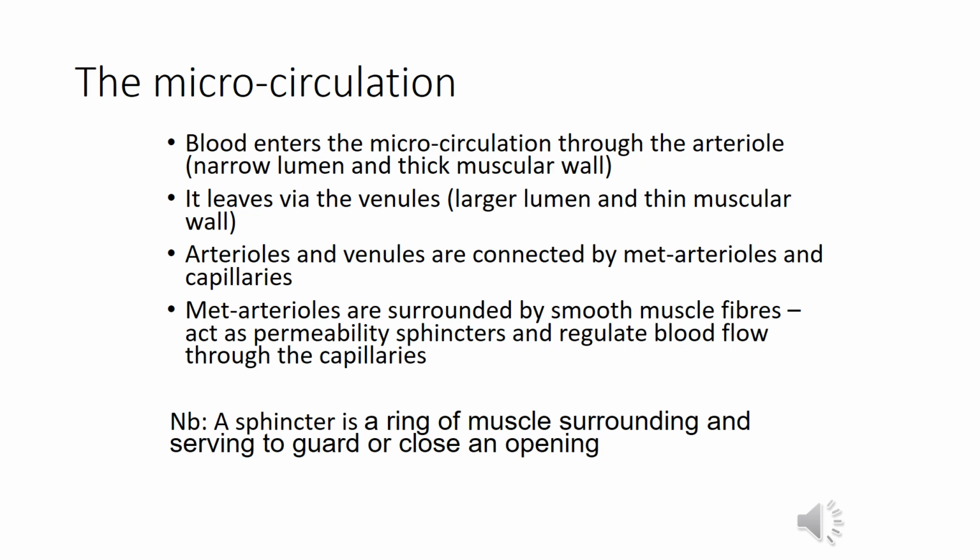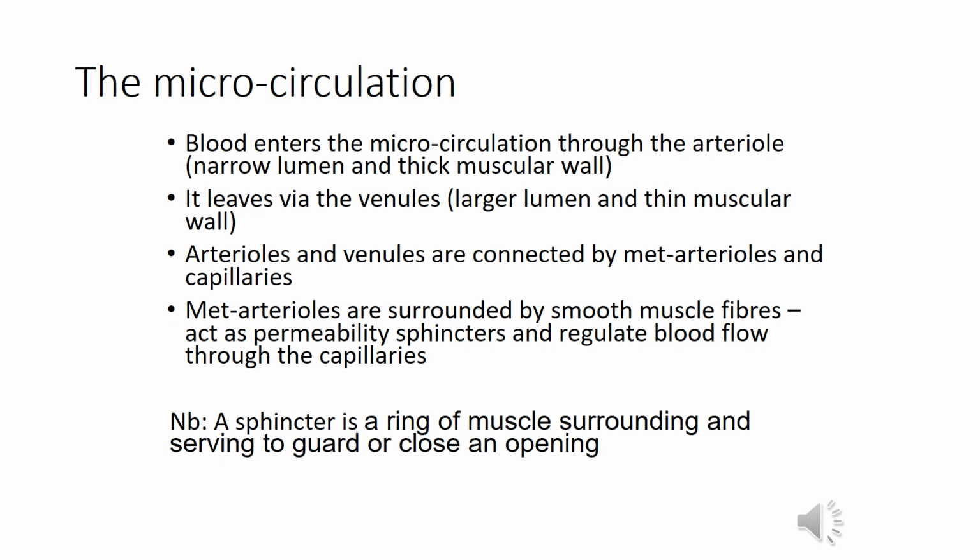Like I told you, the microcirculation will usually begin at the level of the arteriole. Remember, the arteriole is at the tail end of the artery, and then it ends at the level of the venule. The venule is the beginning of the veins. In between the arteries and the veins is where we have the capillary bed and what we call the microcirculation. This is where exchange happens. Gaseous exchange as well as nutrition.